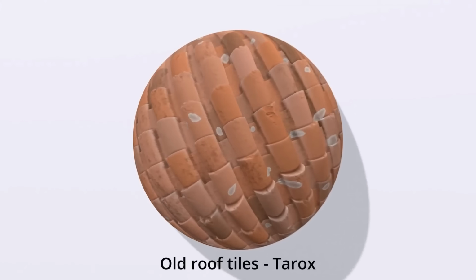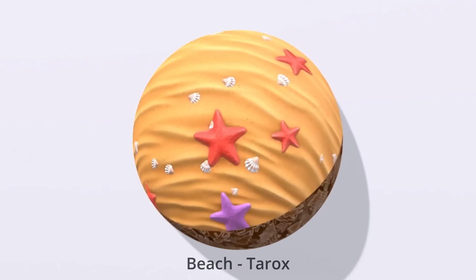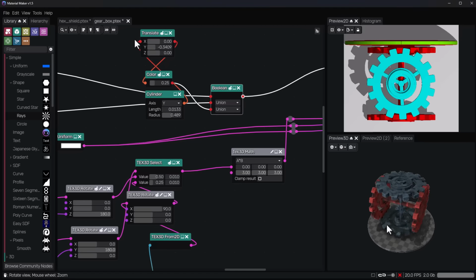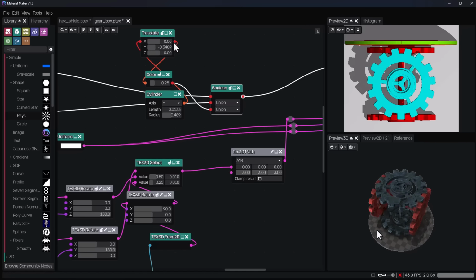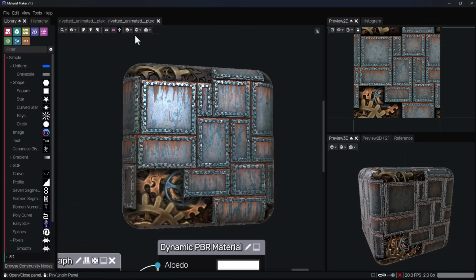And when it comes to 3D content creation, we all know that material plays a huge role. And if you're an artist looking for a free tool that can allow you to do just that, today we're going to be exploring the brand new Material Maker 1.5. As this new release comes with some interesting features that seem to be challenging industry standard tools,